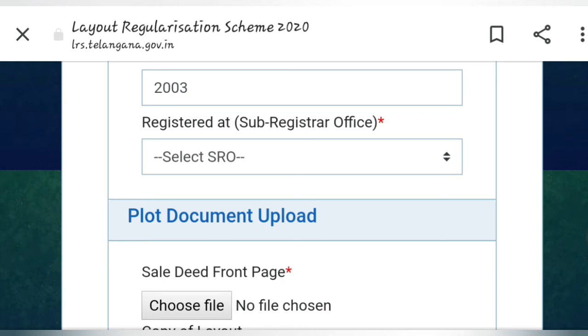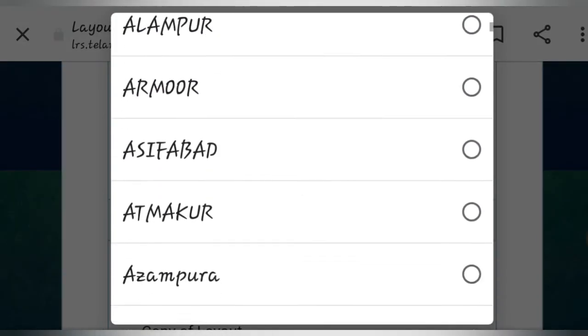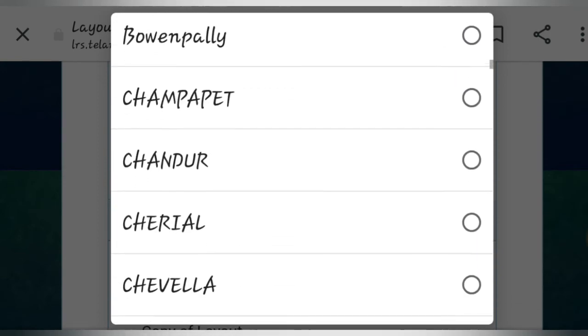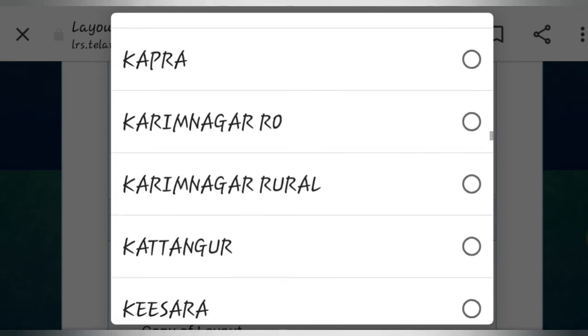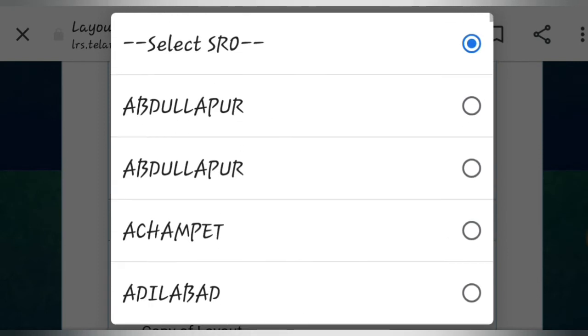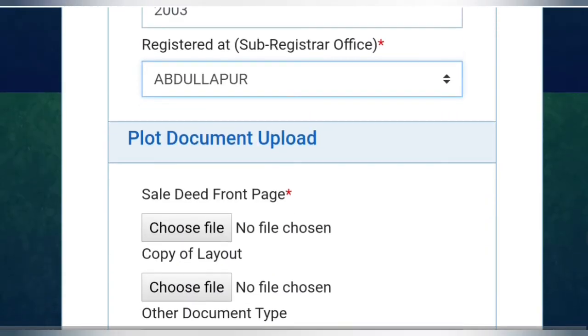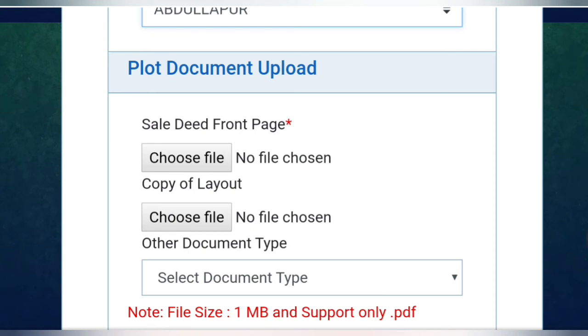Some people will know and some will not know what a sub register office is. You can check with the portals and services, like know your sub register office, and you need to give the locality details. It will display your sub register office. Mine is Abdullapur only.